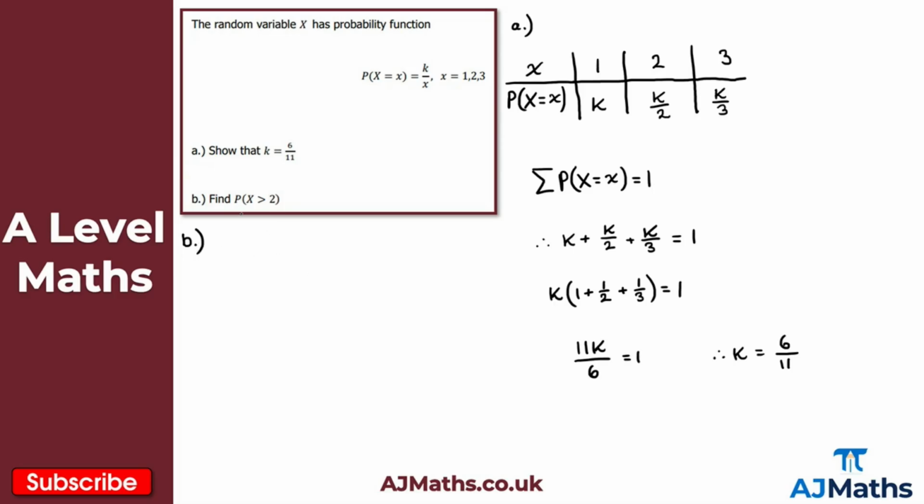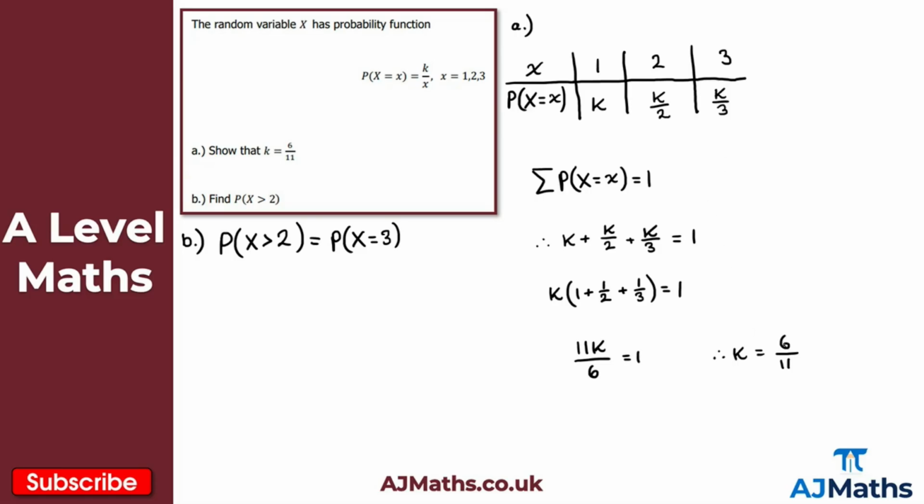So for part B then, we have to find the probability of our random variable x being strictly greater than 2. Let me just write this down here. The probability of our random variable x being strictly greater than 2, well, that means the only possible option we have here is when x is equal to 3. Okay, that's equal to the probability of x being equal to 3, which is k over 3,